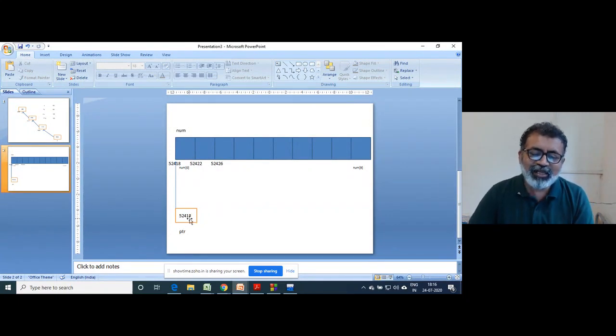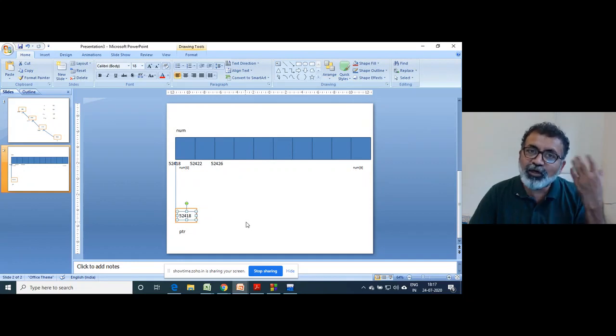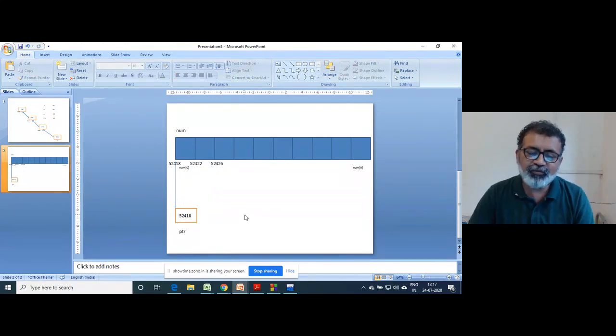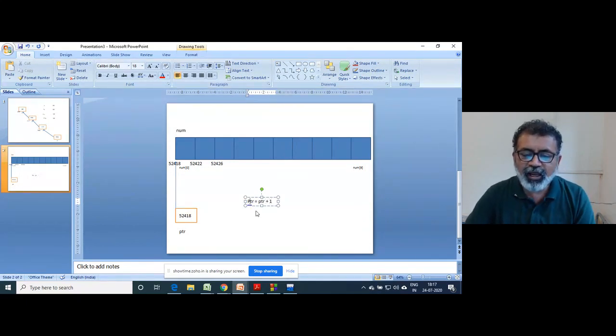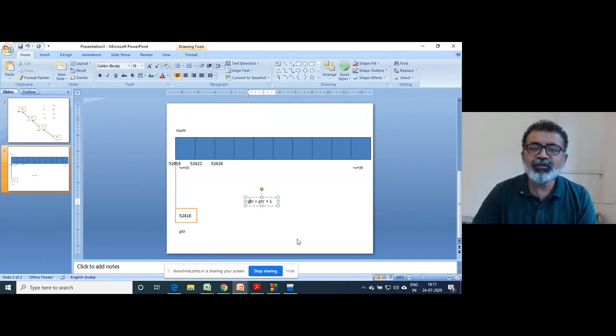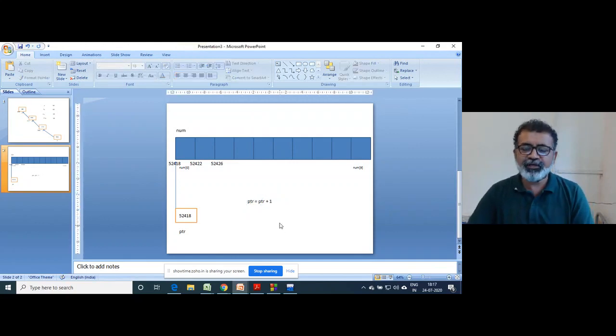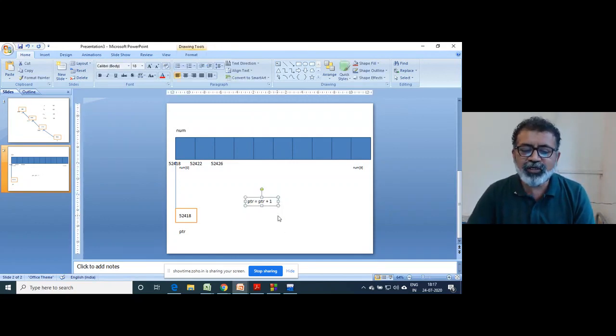This address tells the compiler where the pointer should point. Now, when I write the statement PTR is equal to PTR plus 1, because you can add a constant to the pointer, right?